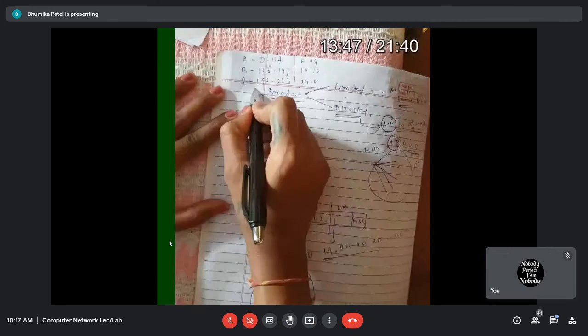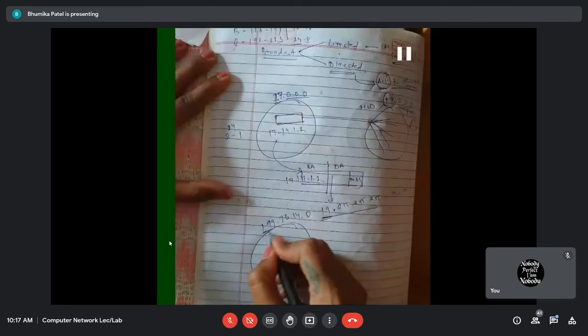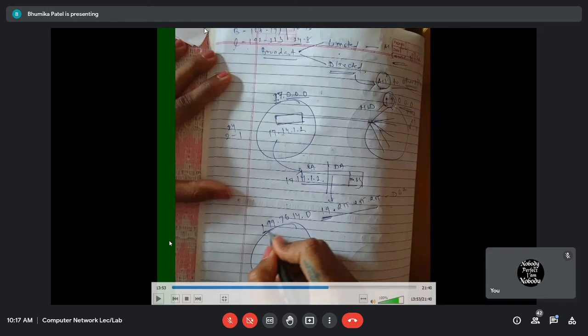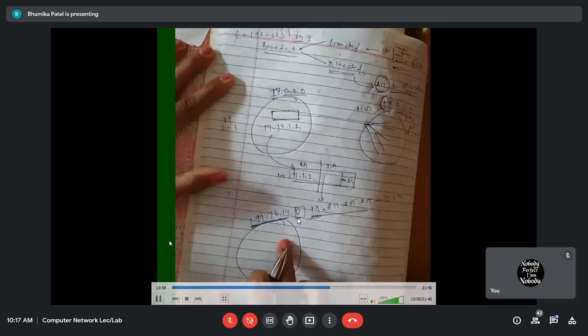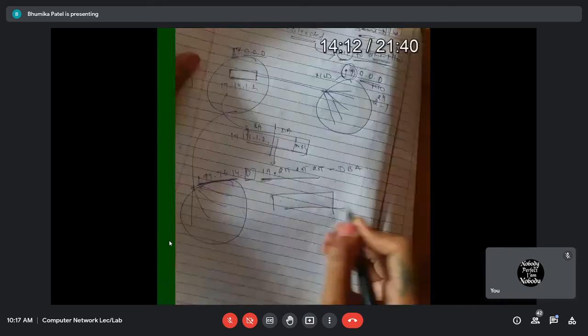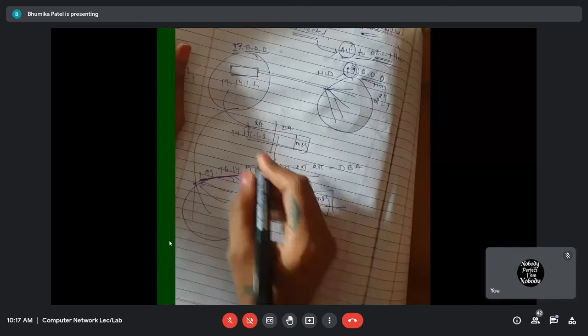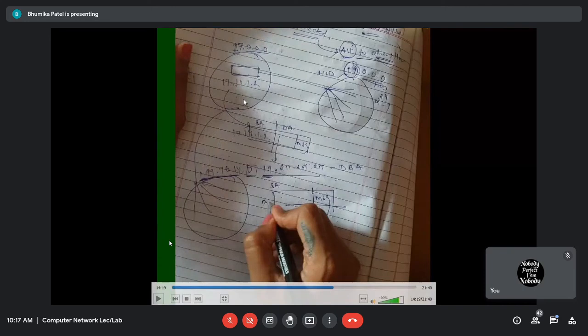Okay, see here I have shown an example. It is a class C address, 199.76.14.0. So 199 belongs to class C, which lies between 192 and 223. So it is a class C IP address, where the first 3 bytes, the first 24 bits, represent the network ID, and the last 8 bits are our host ID. Now the first IP address is your network address. And I want to send a message to all the devices. So from one of the devices of another network, I want to send to all the devices in this class C network.